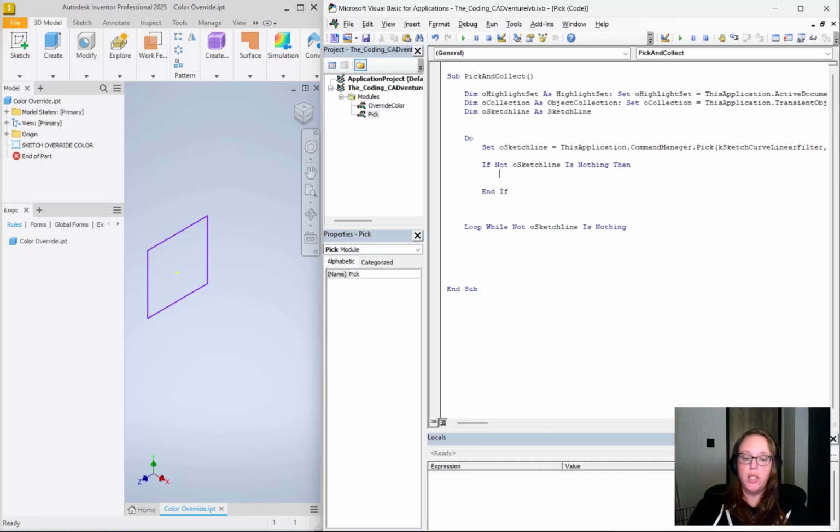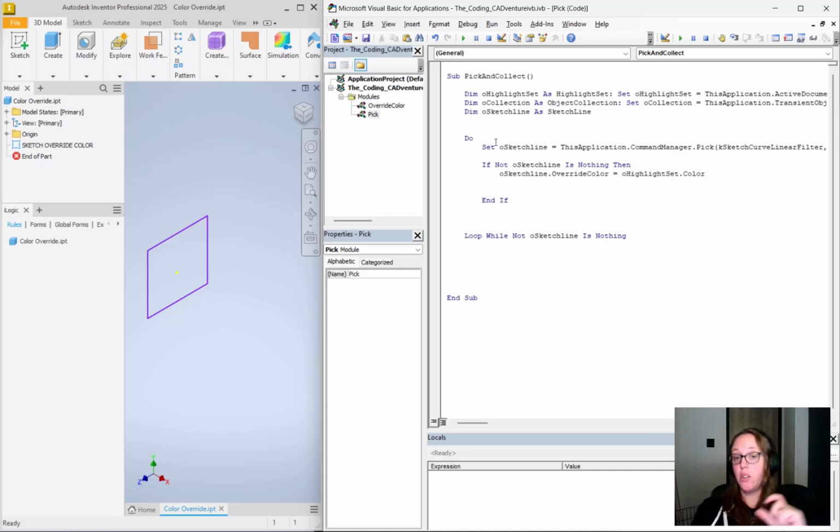So what we'll do is sketch line dot override color equals highlight set dot color. And what that's going to do is take the highlight set's color, what it would typically change the color to during a highlight set, and change the override color of the sketch line to that color. The reason why I do it this way is because let's say you have, instead of choosing a specific color,